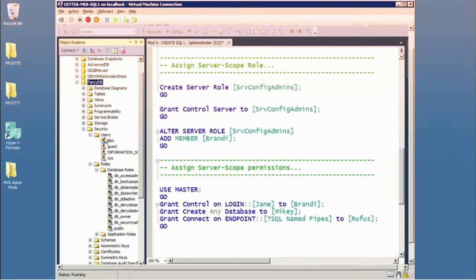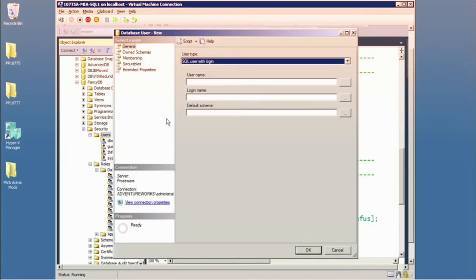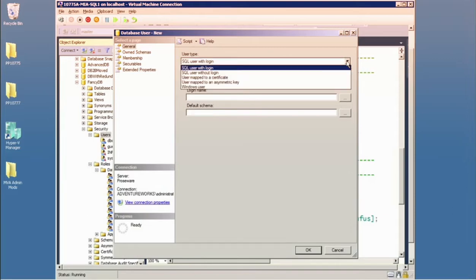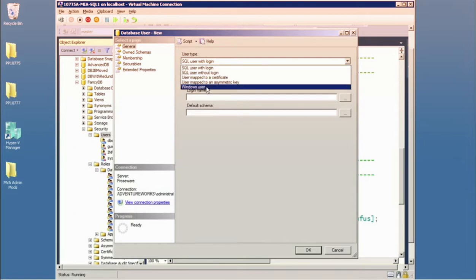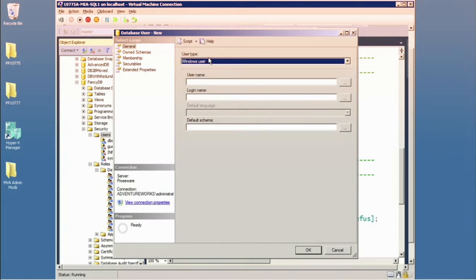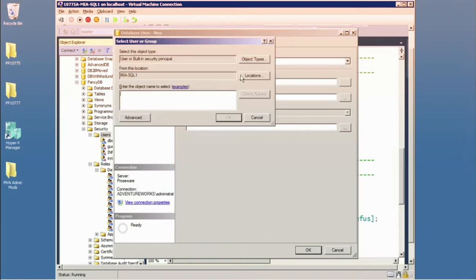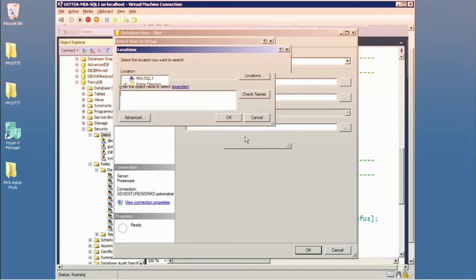and if I want to have a user registered at this particular database, so that would be the fancy DB, when in doubt, I'm going to right-click. I'm going to choose to create a new user, and from here, I'll define the classification of user that I want. A SQL user with a login, we'll talk about this shortly, or a Windows user. Okay. Notice the form changes based on my choice. If I have a Windows user, I'm going to obviously have to pick the location of that Windows user and